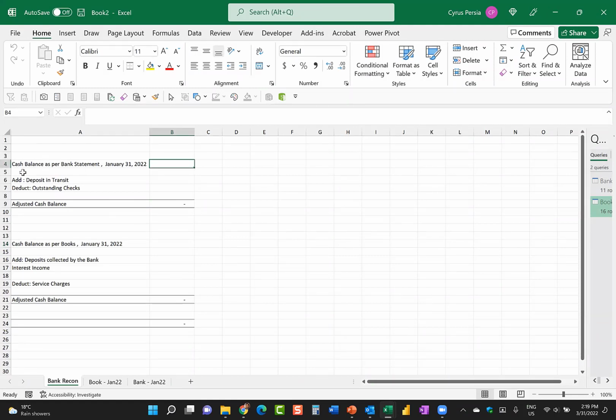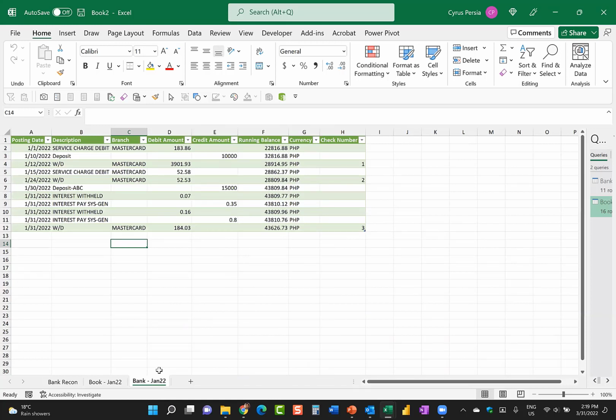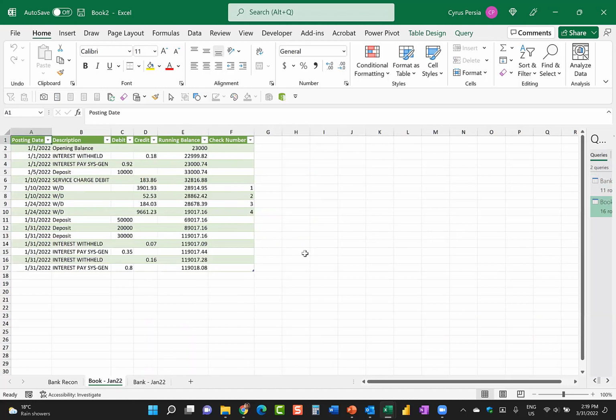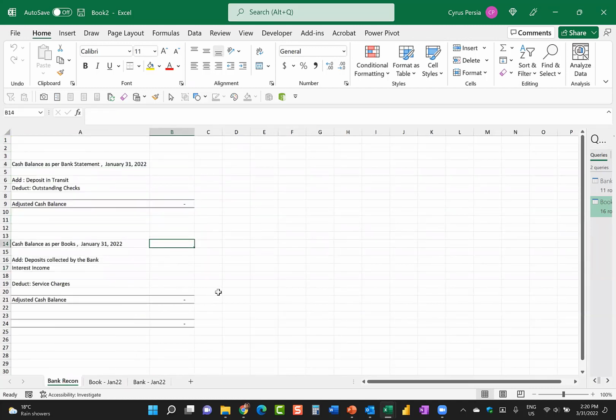So for here, cash balance as per bank statement. What we need to pick is this value here, the 43,000, because this is the ending value for the month of January. And for the book, similarly, we need to pick the ending balance and place the formula here. So let's do first for the